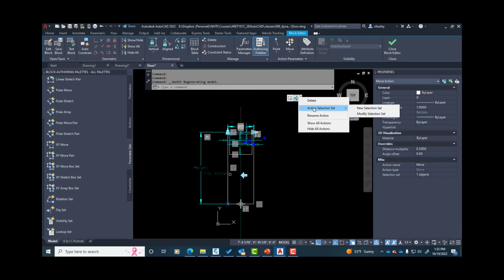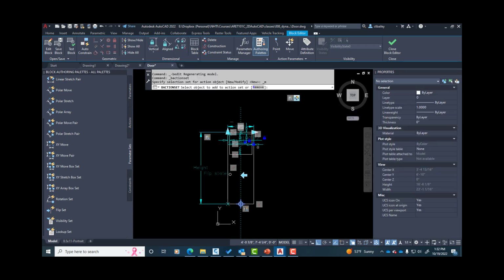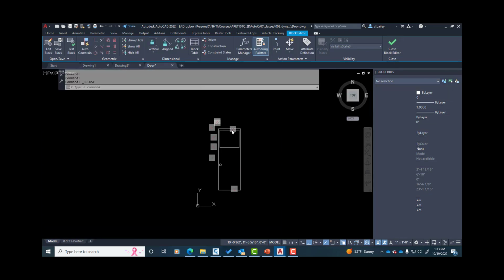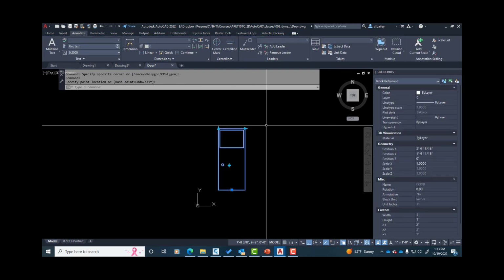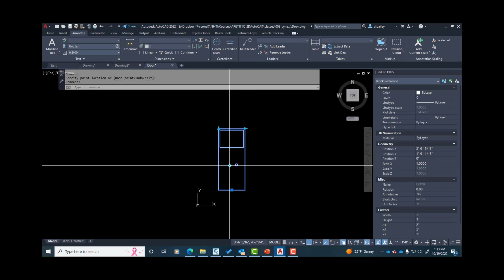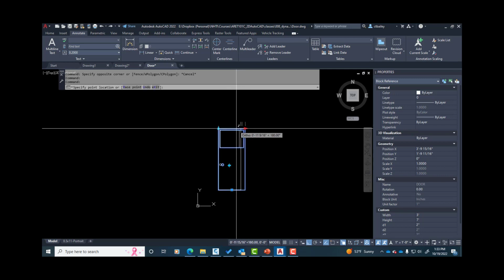Action set to the move action. I'm going to modify it. Select the object to add. I'm going to add the doorknob to it. This will be interesting. It's not going to exactly be right. We'll have to think about it a little bit more, but you'll see what I mean here. I'm going to pull that over, and the doorknob will certainly move, and then it'll flip over. So I guess I have a little more work to do on that one, but you get the idea